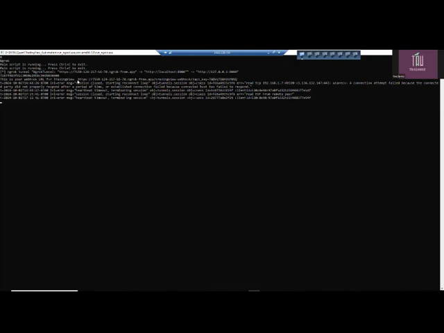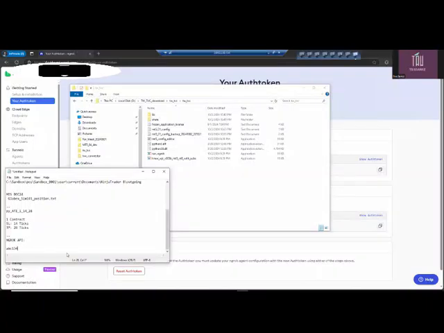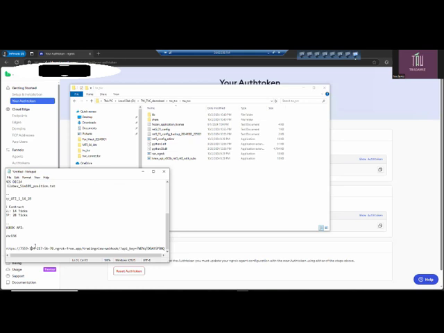Once you have your web running, we will have something like this. And then you could copy that one. Now that we have copied the URL, for example, this is your URL.